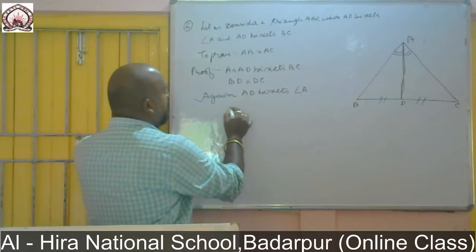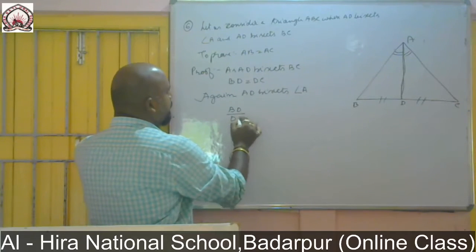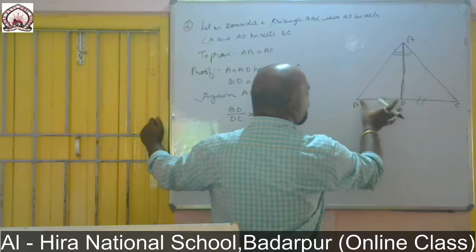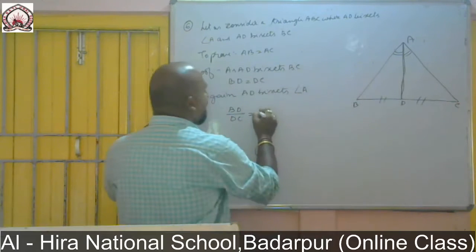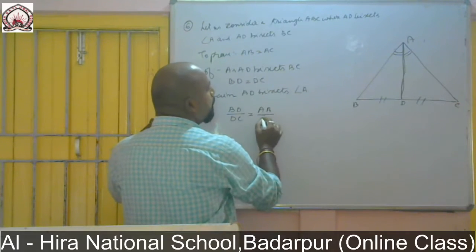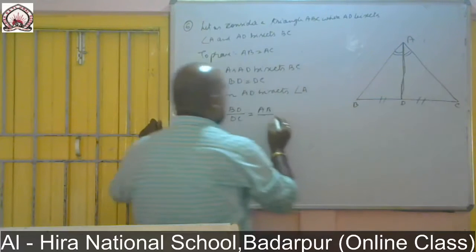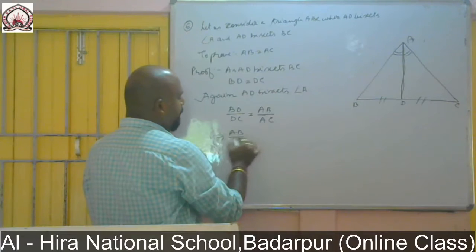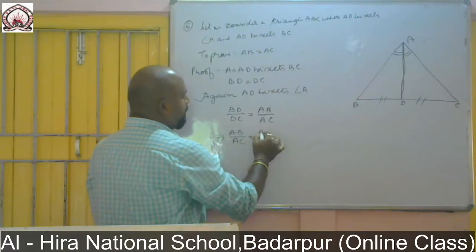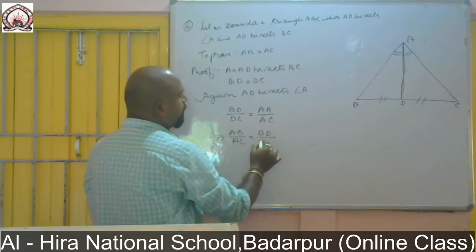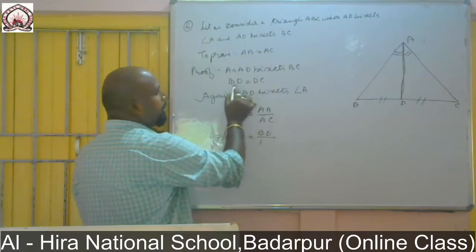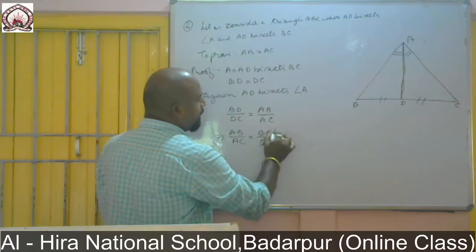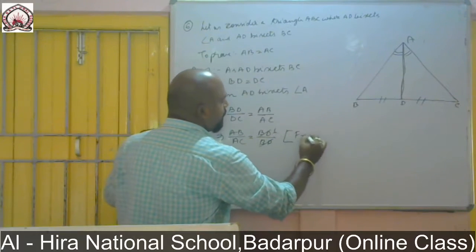Right? BD by DC equal to, in this angle, BD by what? If a comparison of these two triangles, BD by what? AB equal to BD by this side, that is equal to what? AC. Now, AB by AC equal to BD. In place of DC, can I write BD? Right here BD. If I cancel each other, it becomes, we are getting from the equation which one?